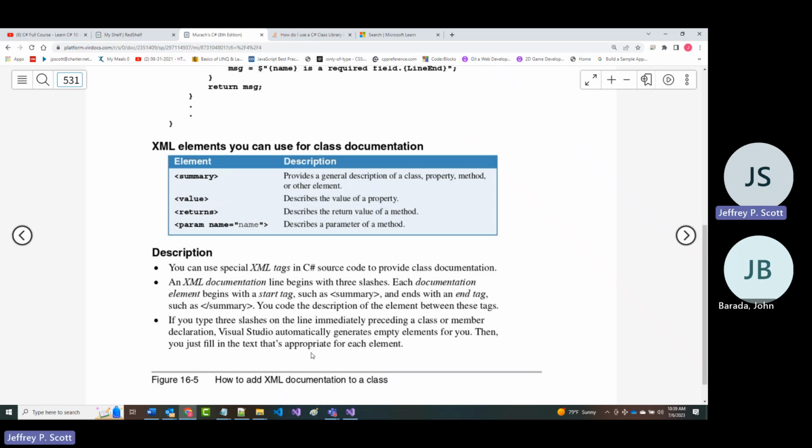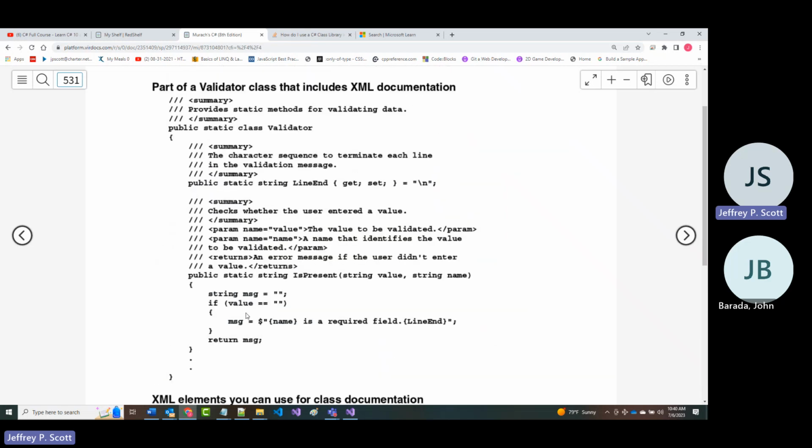Now, the summary is just that. I've been using the summary, which I call the prologue. But as it says, it's designed to provide a description of a class, a property or a method, etc. So you could have lots of summaries in here. It's another form of internal documentation. Anything that you do with XML documentation, you could do with non-XML documentation, which is /* or double slashes. But these have a very special meaning.